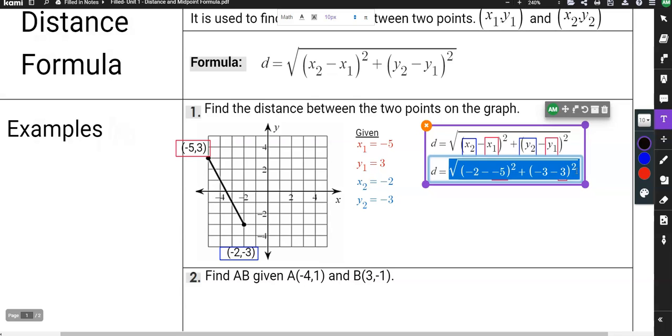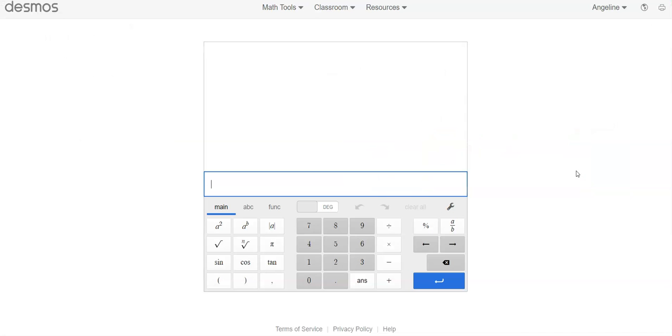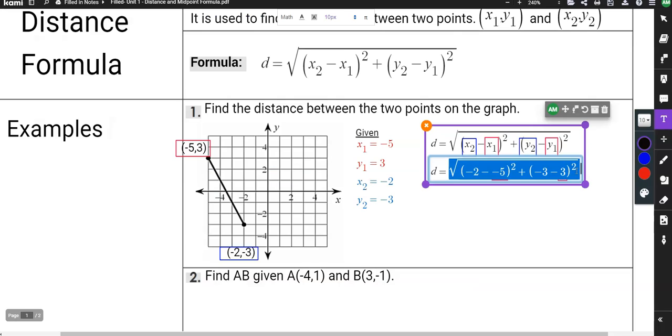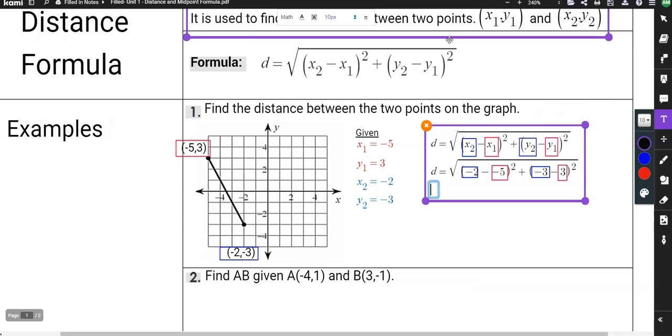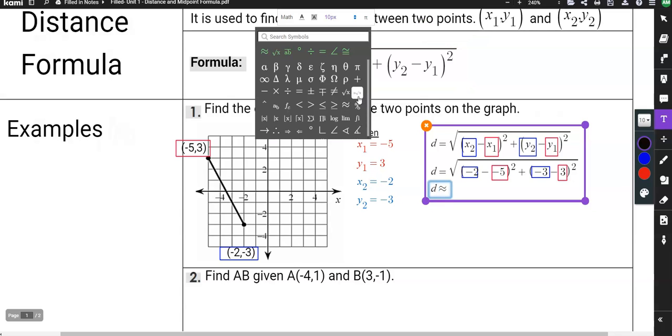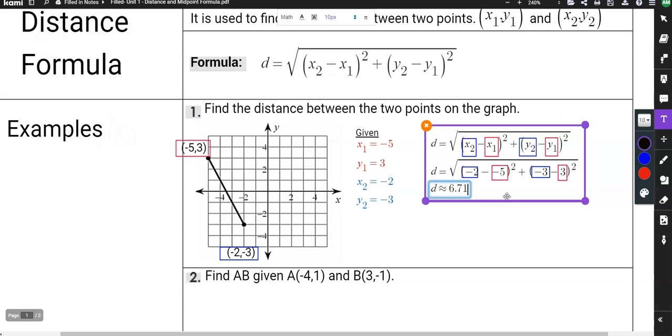So I could manually type it, or I can use copy paste, and I get 6.708. I'm going to round to the nearest hundredth, which means that in this instance, the distance is approximately equal, and that's the double squiggle mark, 6.71. In this class, I won't get after you if you don't use the approximately equal, but it's good to know